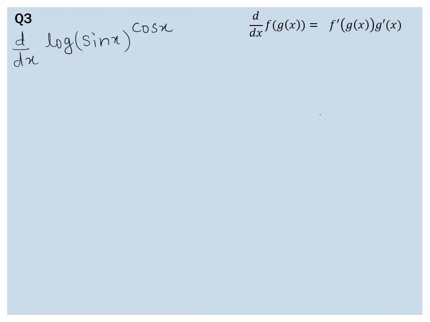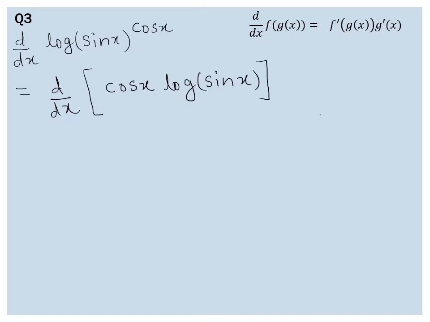Another example where we are going to first of all apply laws of logarithm and then apply chain rule. So it is d dx of log of sin x to the power cos x, by laws of logarithm it is written as cos x into log of sin x. So clearly when we take derivative of log of sin x, it is function of function. So there we will apply chain rule. But first of all, since we have cos and log multiplied together, we have this cos as u and log as v. So again applying product rule over here.